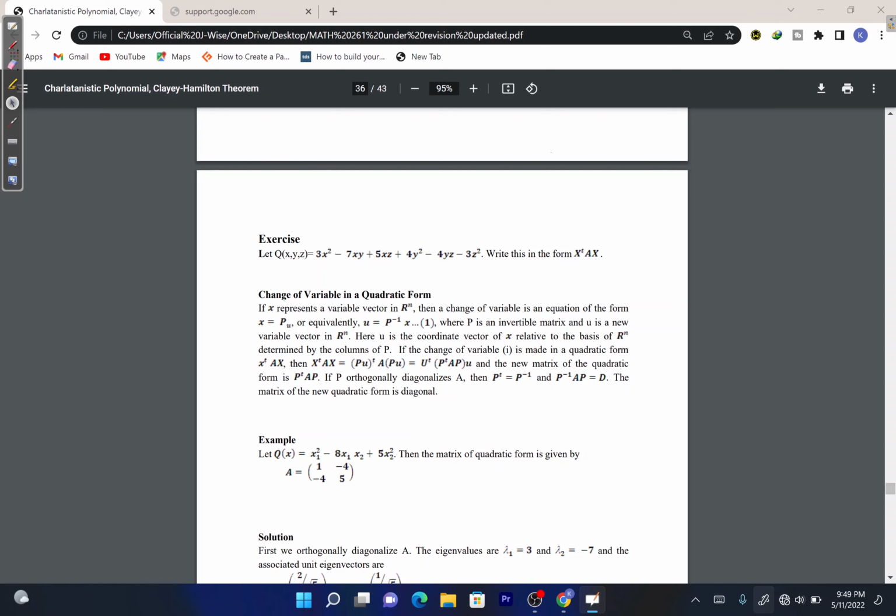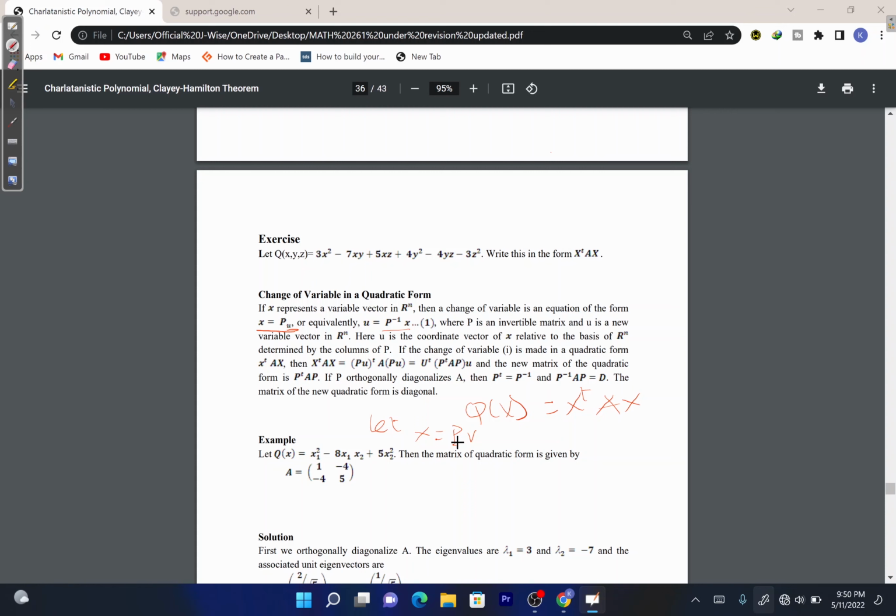If x represents a variable vector in Rn, then a change of variable is an equation of the form x equals Pu, or equivalently, u is equal to P inverse of x. So this simply means that for the quadratic form Q of x given by x transpose AX, we let x equal Pu,